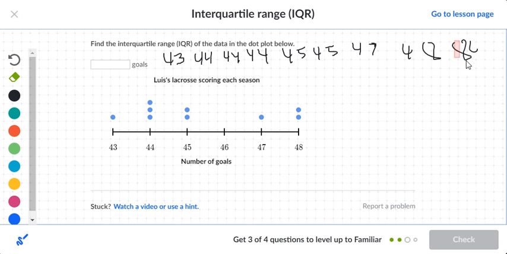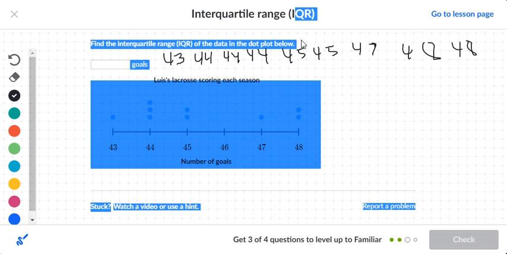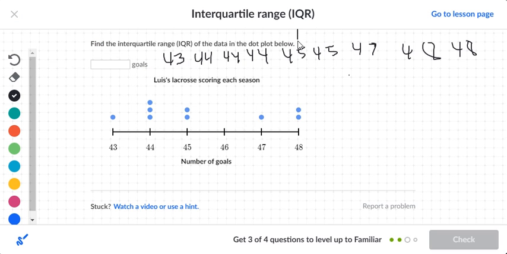And let me erase this. So we have 43 1 time, we have 3 44s, we have 2 45s, we have a 47, 48, 48. So we want to find quartile 2, which is exactly in the middle. So we have 1, 2, 3, 4, 5, 6, 7, 8, 9. So we want the number exactly in the middle here. 1, 2, 3, 4, 5. So this right here would be